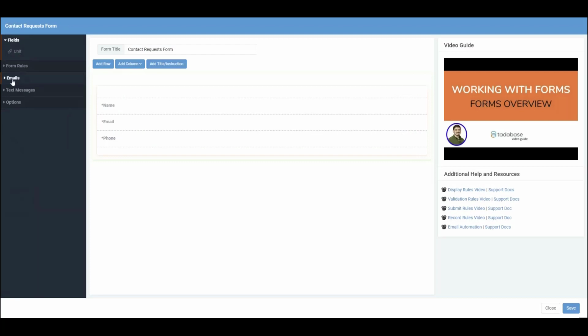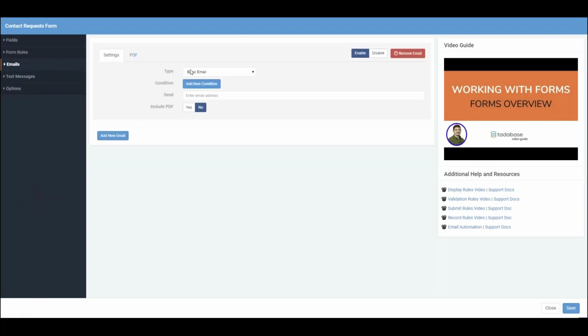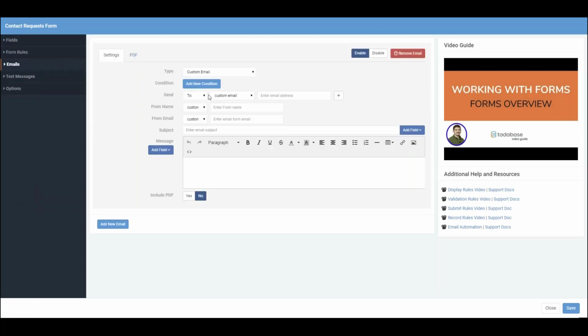And on the left side under emails, we're going to say add a new email. And we're going to make this a custom email. We're going to say the following: send an email to a custom email. So we could say either custom email or it could be a field of an email, but this will be custom email. And we'll just say this will go to admin@tadabase.io, assuming this is the person in charge of this building. And from will be